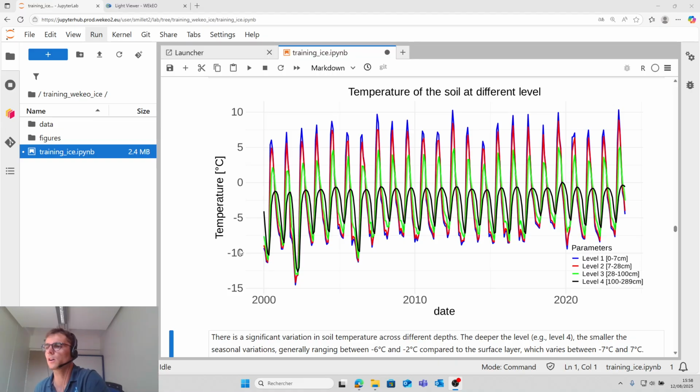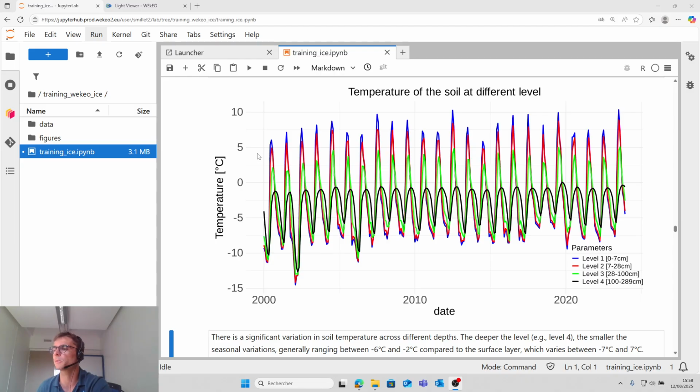So we can see there is a significant variation in soil temperature across different depths. The deeper the level, the smaller the seasonal variation, generally ranging between -6 and -2, compared to the surface layer, which varies between -7 and 7 approximately. Additionally, there is a noticeable time lag between upper and lower levels.